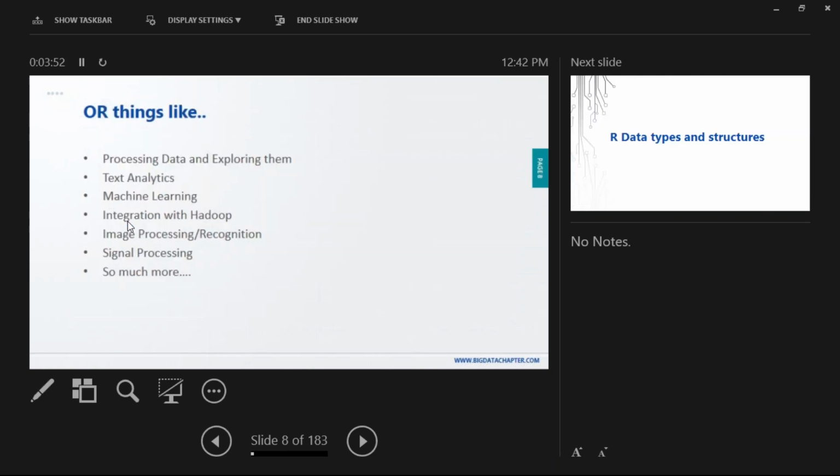Coming to the part, what are the things we can do? R basically is a statistical programming language. Mean, median, mode, standard deviation, everything. That is where our foundation lies. Even for data analytics, the foundation for everything lies in the statistical mean, median, standard deviation, variance. So with R, primarily you can do those things. If you have a data set, you can explore the data totally. Then you can do text analytics. Text analytics is personally my favorite, which I have been working on in a company for the past years.